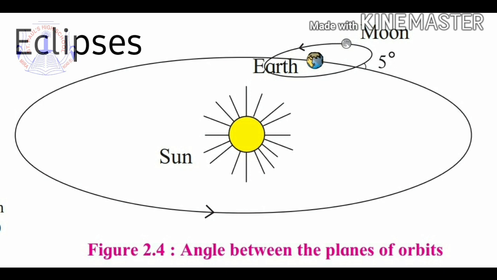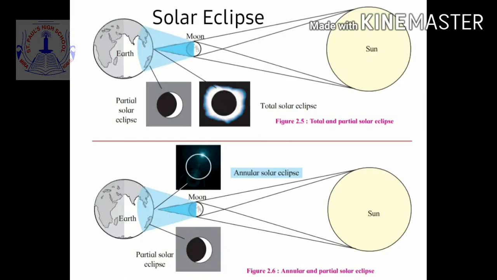Even so, the sun, the earth and the moon may not be in one straight line in the same plane on every new moon or full moon day. Hence, eclipses do not occur on each new moon or full moon day. However, sometimes on a new moon day or a full moon day, the three fall in one line and are in the same plane. Eclipses occur on such occasions. There are two different types of eclipses. Eclipses may be solar or lunar eclipse. So students, now let us study about solar eclipse.